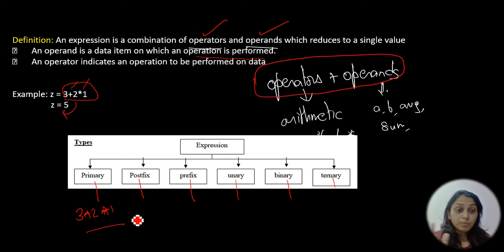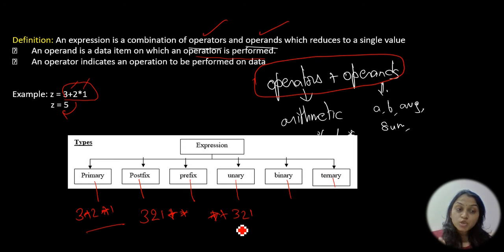And postfix: I'm talking about the operators. After the values, after the operands 3, 2, 1, the operators plus and star have to be present. That is postfix. Then what is a prefix? Prefix means before. Always concentrate on the operators. In prefix, operators have to be placed before the operands, like star, plus, 3, 2, 1. So that is a prefix: operators are placed before.